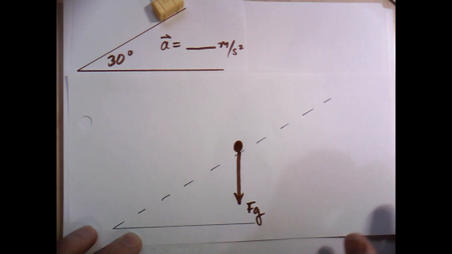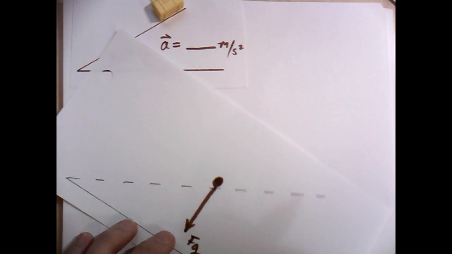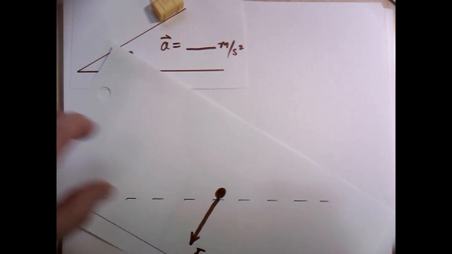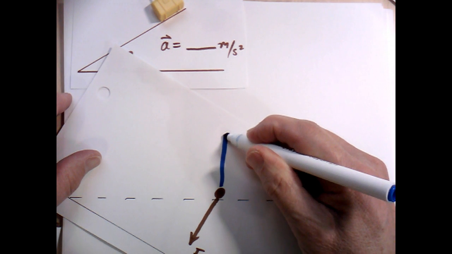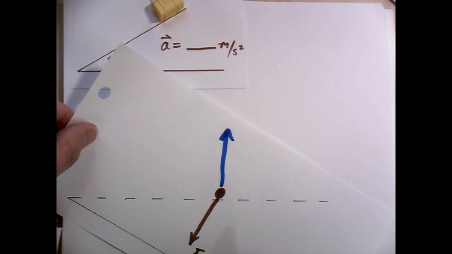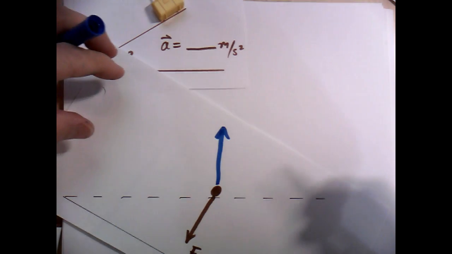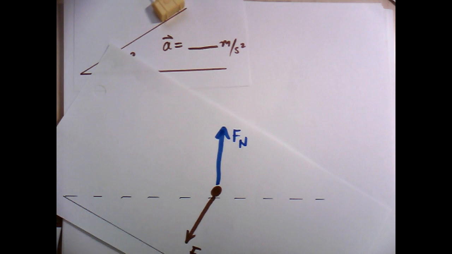And then the next question, is there a normal force? Is it sitting on a surface? And the answer is yes, it's sitting on a surface. We just discussed this ramp here. But the thing that makes this problem a little bit different from those we've done recently is that the normal force is, since it's always perpendicular to the surface, I have to twist or rotate my diagram to get this arrow being perpendicular to this arrow. So I'll draw in F sub n for normal force,